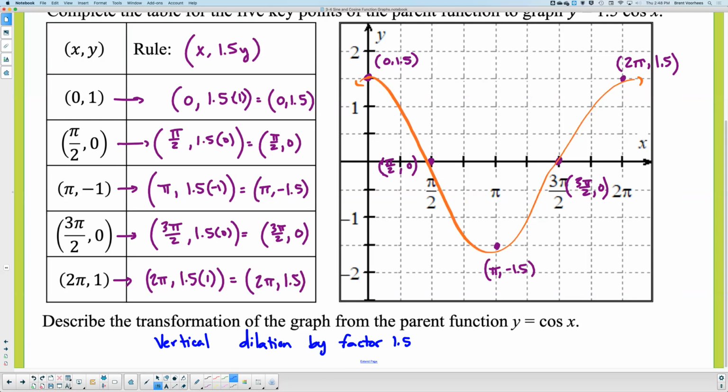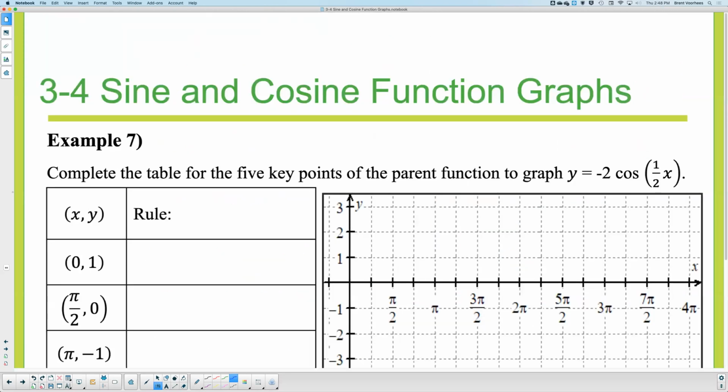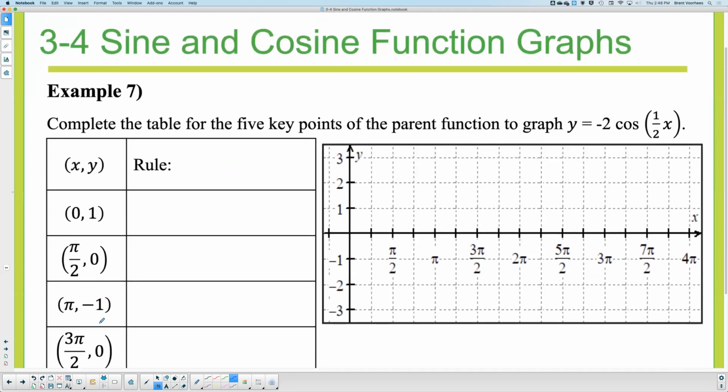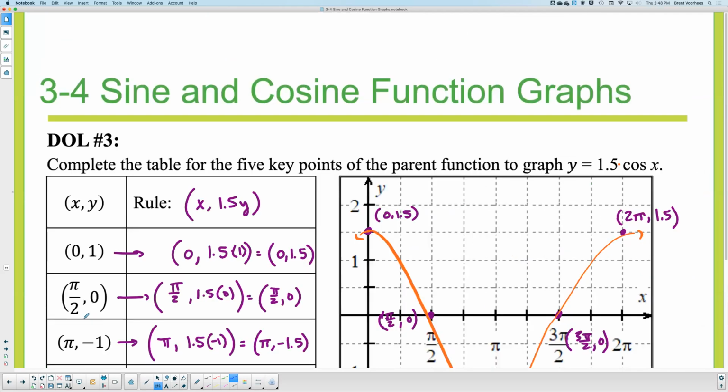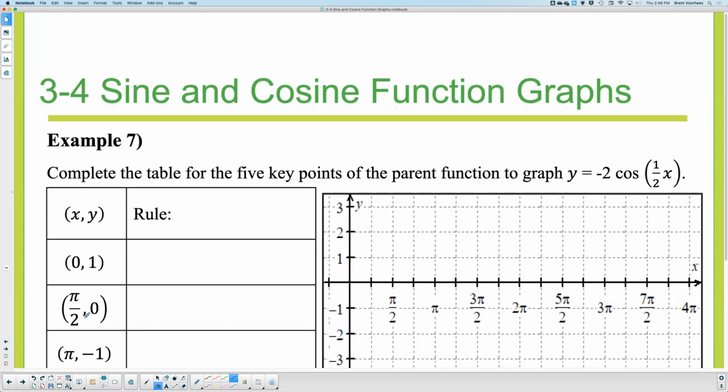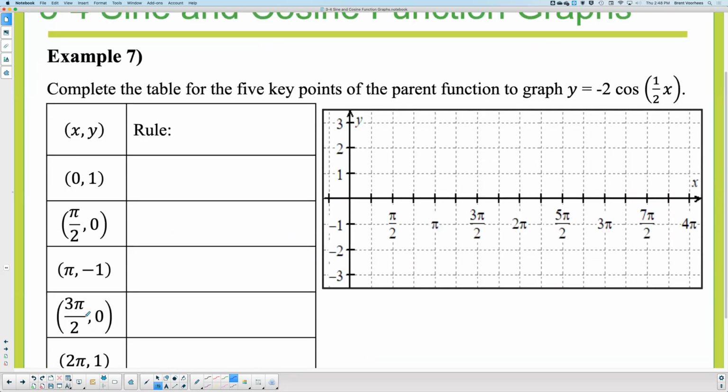Vertical, because we're multiplying y's. All right. Wrapping it up here. We could do these. I'm going to give you the rule. I just did the one that's actually listed as your DOL. Whoops. So on this one, all I'll do is the rule, and then I'll leave this for you as a